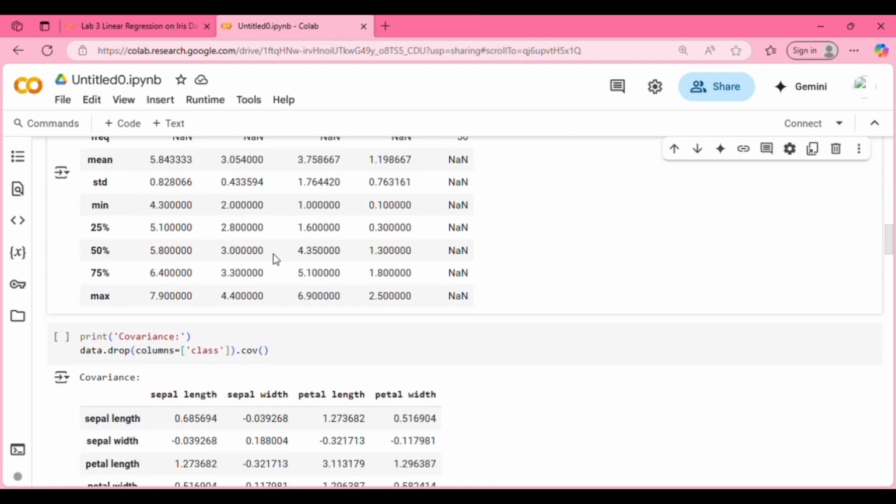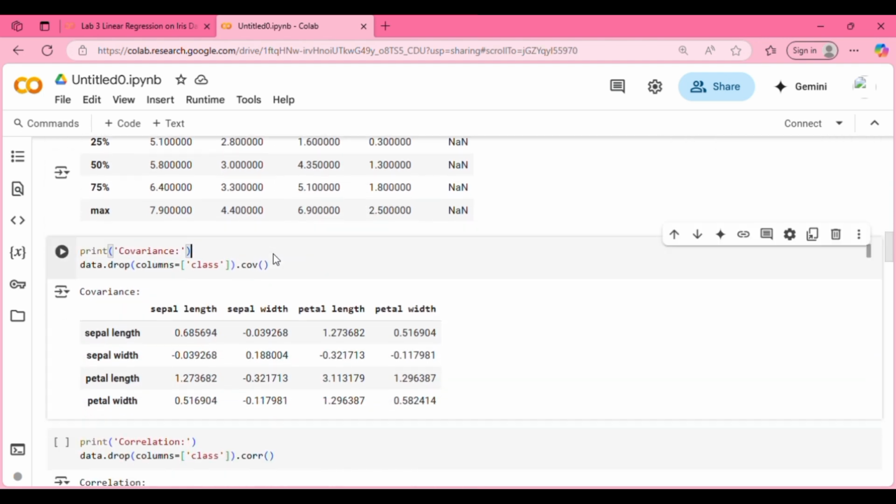And the next one is the code that calculates the correlation of numeric columns. The iris dataset contains categories of data. And the output shows us that the correlation matrix helps us to understand the relationships between different features of the dataset. It is useful for class and feature selection in analytics.